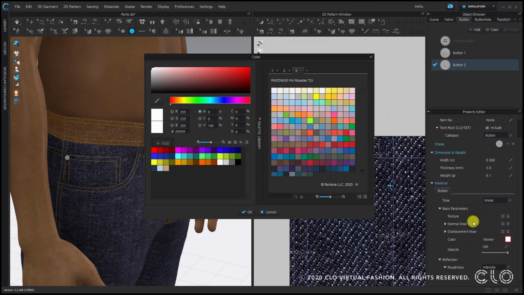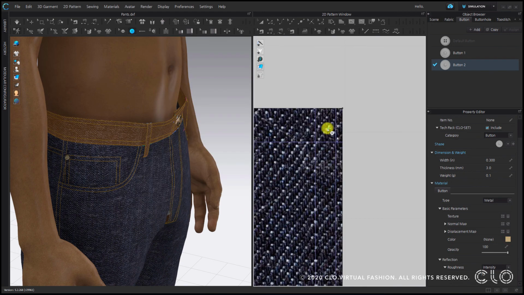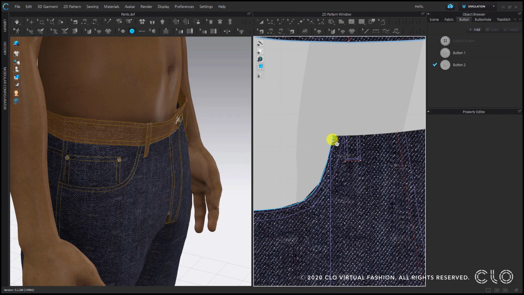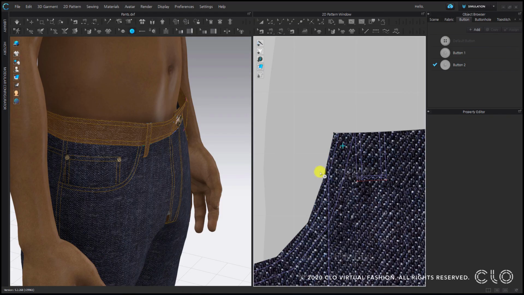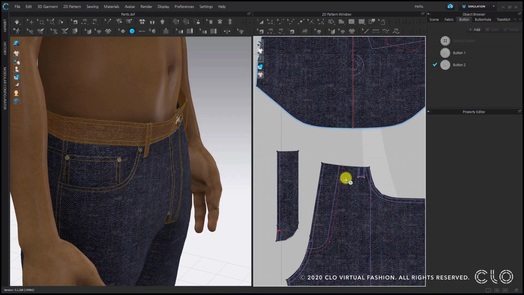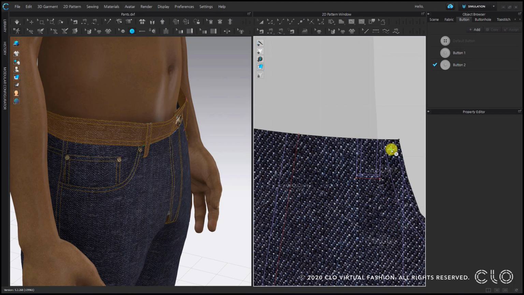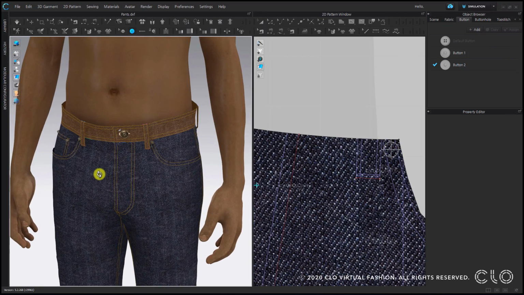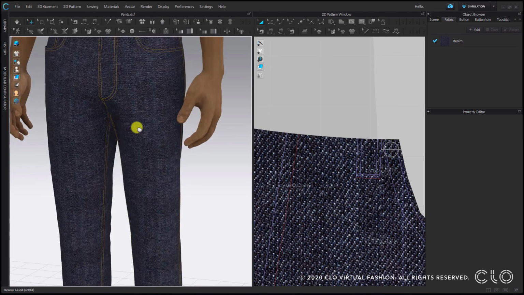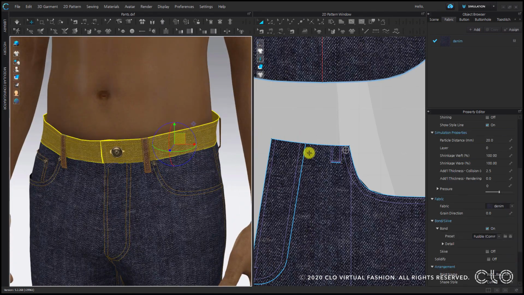Changing it to metal, that is a metallic fabric, and changing the color to the same color that I used on the center front button. Once I've added all the buttons I need to,